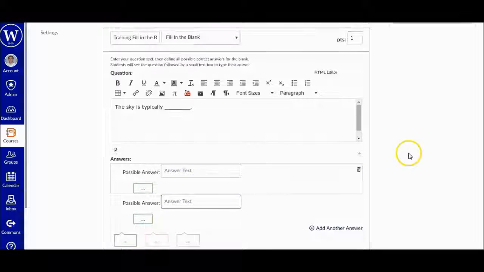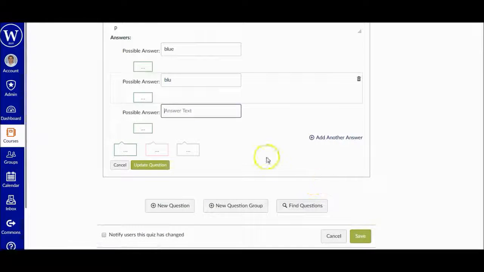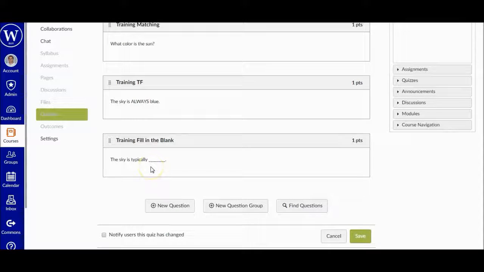And what you're doing here with a fill-in-the-blank question is you're telling Canvas all the possible words you would accept as a correct answer. So definitely the sky is typically blue. And maybe I'm not really that big on spelling, so I'll also accept BLU. And I would also accept azul, which is Spanish for blue. Again, just like the other questions, we have our feedback options. For now, I'm just going to update the question so that now we can make a